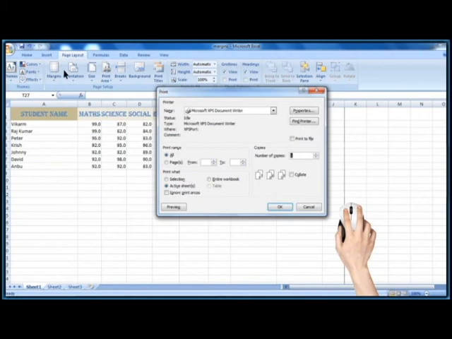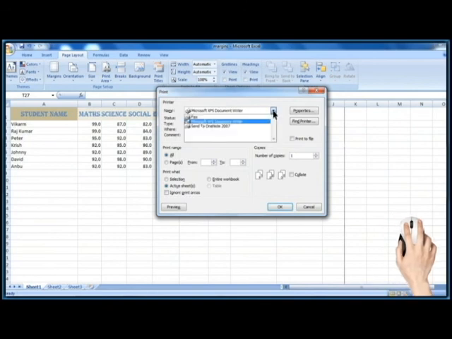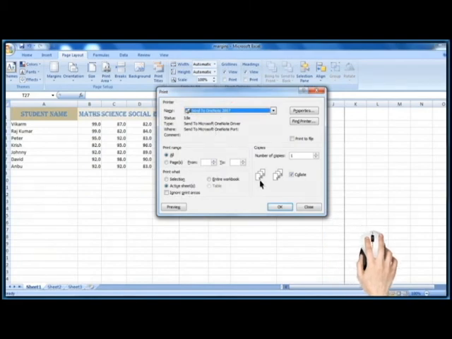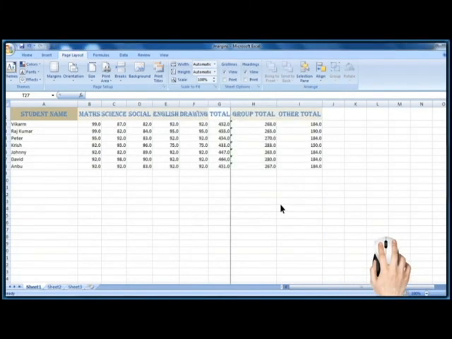Here I am selecting the printer. It is required especially when your computer is connected to more than one printer, and then click on OK button. This command will send this page to the printer to print.